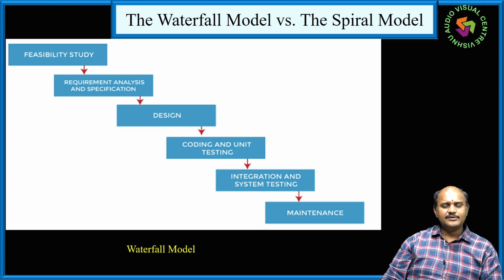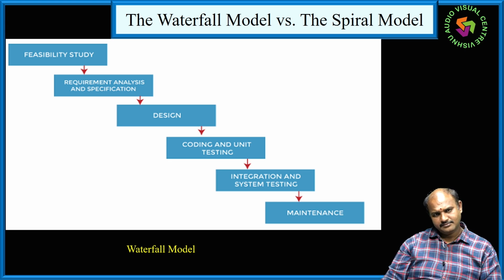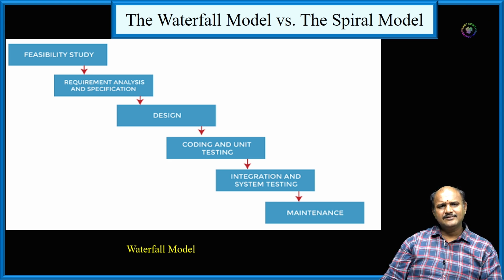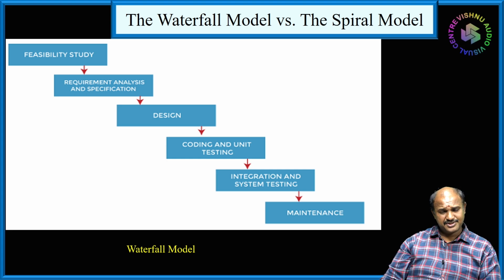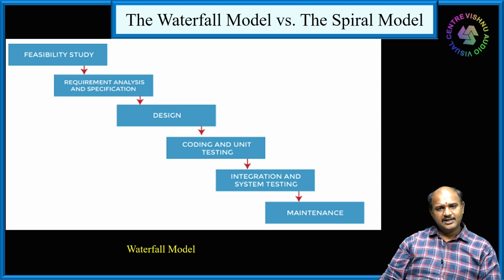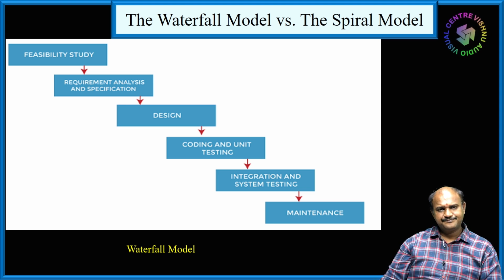The next one is designing. In this designing, how the data flows from the starting stage to the ending stage, from one stage to the other stage. So we have 9 diagrams, which I am going to discuss again. There are 9 diagrams you can use, so you can give a detailed design.